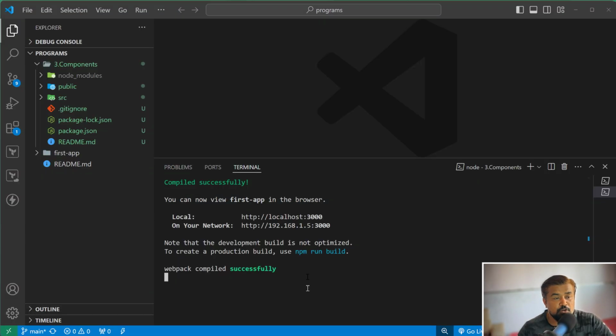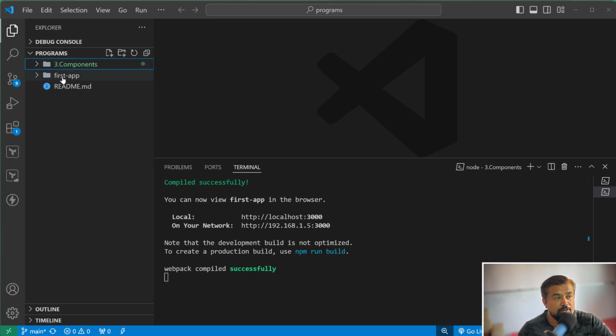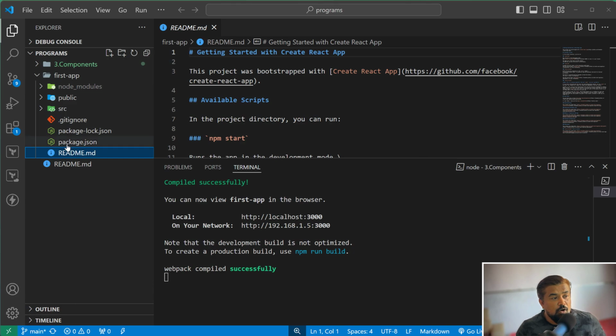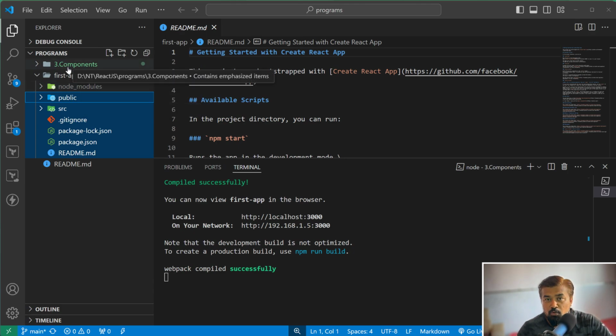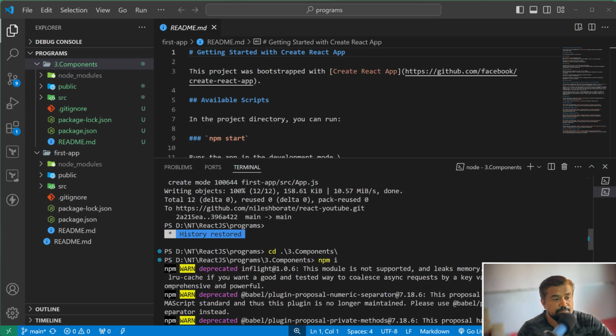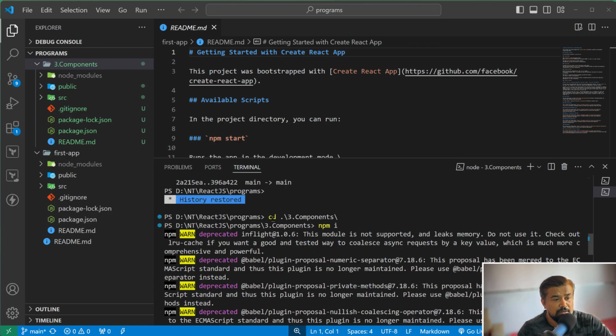This is VS Code. We already created a first application in the last video. This is just a hello project. I copy all those files except the node_modules folder, create a folder 3.component, and paste all those files and folders into it. After that I go to the directory with cd